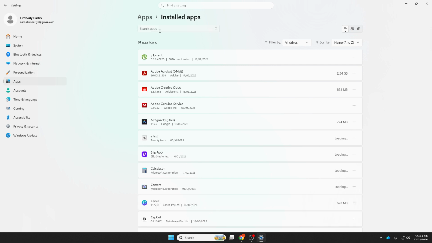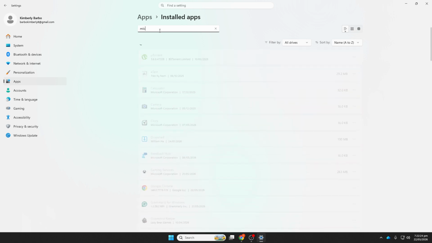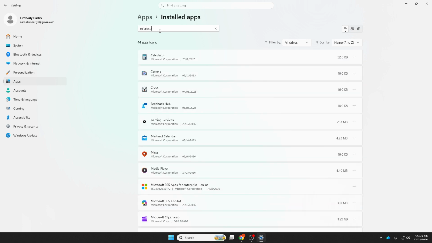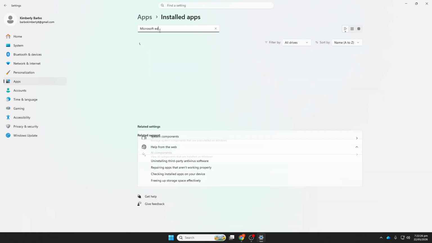For the most common advanced method, we'll remove Edge using Command Prompt. This is intended for experienced users, so proceed carefully. Start by finding your exact Edge version. Open Edge and go to Edge, Settings, Help. Note the full version number you see there, such as something like